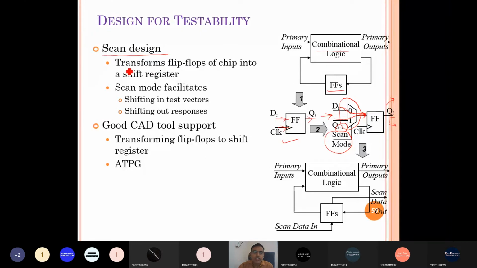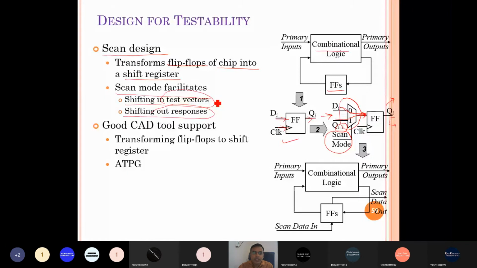So scan design transforms the flip-flops in the chip into a shift register, and through this shift register we can set any internal node or observe any internal node, right? So this scan mode facilitates shifting in the test vector as well as shifting out the response.